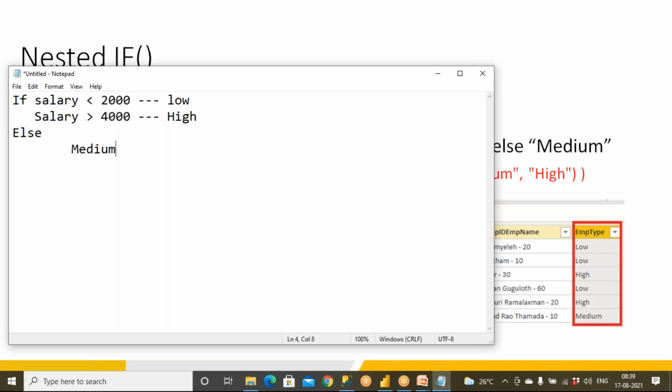Clear? Salary is less than 2000, then it is low. If it is greater than 4000, it is high. In between values, it is medium. So can I use only the if condition? What is the type of the salary? Salary type. What is the condition I'm talking about? I'm talking about if